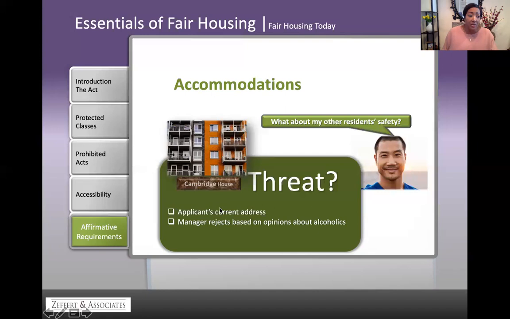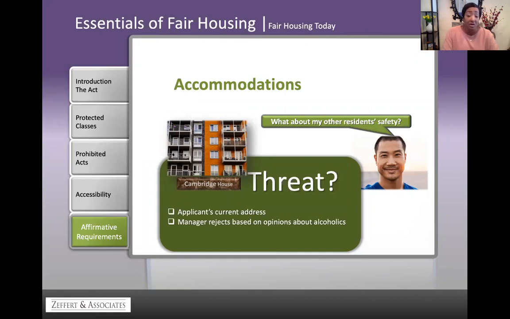It says a housing provider requires all persons applying to rent an apartment to complete an application that includes information on the current place of residence, which is typically what we all look for from the applicant when we are going through the application process with them. On her application, a woman notes that she currently resides in Cambridge House. Now, the manager of the apartment complex knows that Cambridge House is a group home for women receiving treatment for alcoholism. Based solely on that information and his personal belief that alcoholics are likely to cause disturbances and damage property, the manager rejects the applicant.